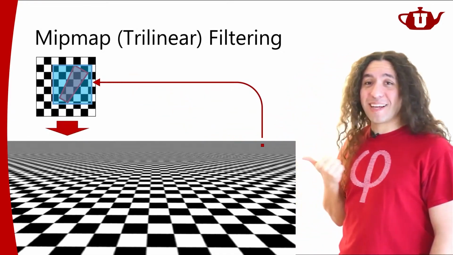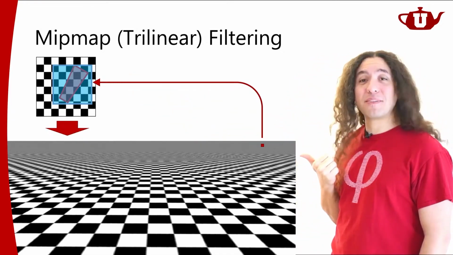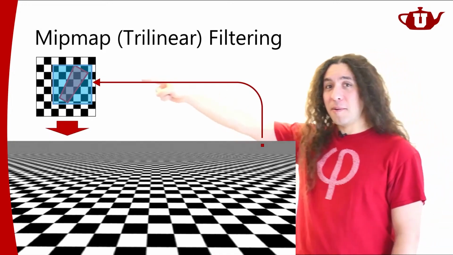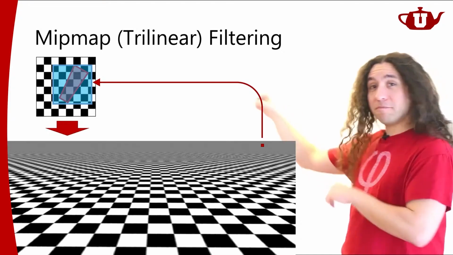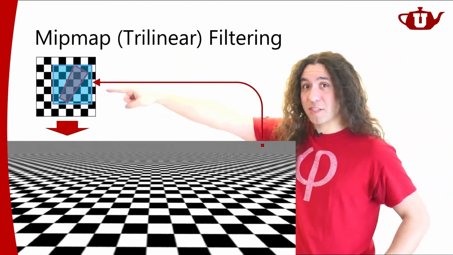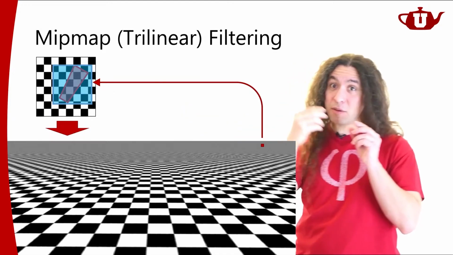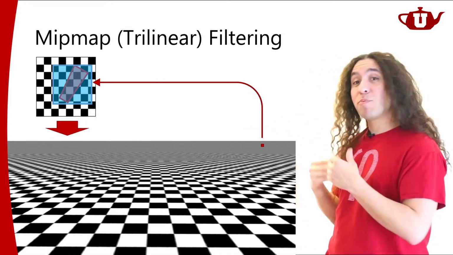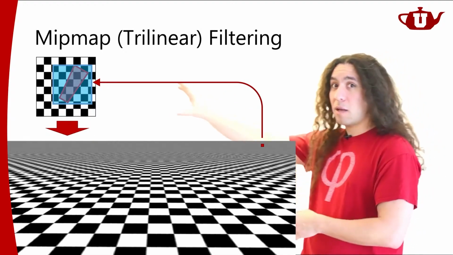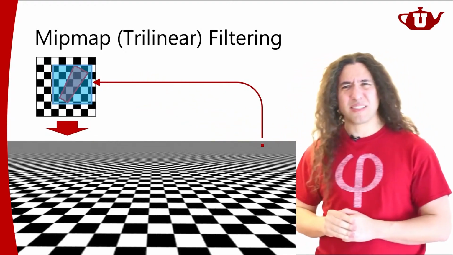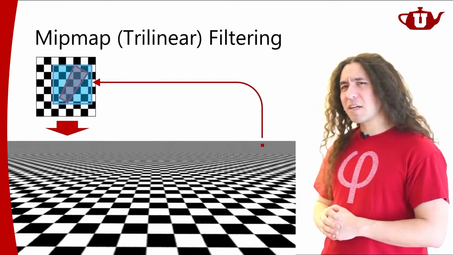Actually, this is not related to perspective. Even orthographic projection can have this. But I'm looking at it from an angle. So this pixel shape in texture space is sort of elongated in one direction. And I approximated it using a box that sort of contains it, which is not a very good approximation.